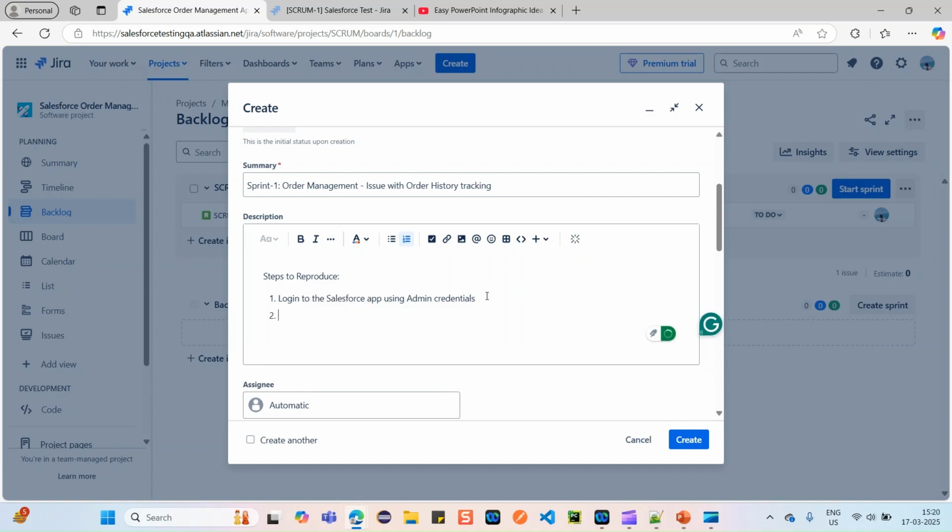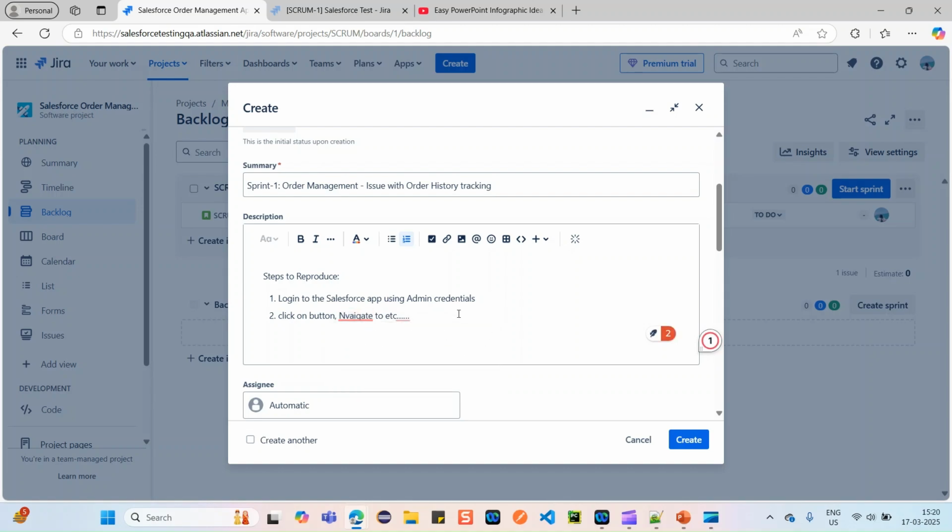The next thing is, as soon as you log in, I mentioned Order Management, so what are the steps you need to follow to navigate to Order Management? You can mention those steps here: click on a button, navigate to, and so on. Write clear steps.